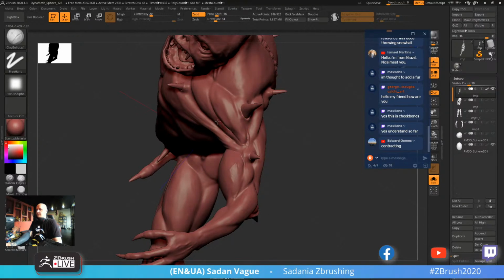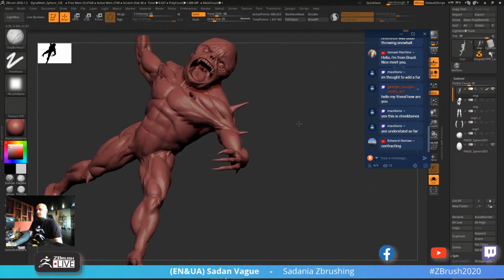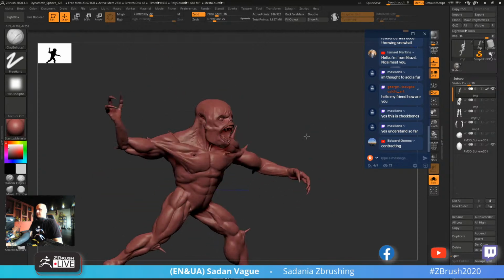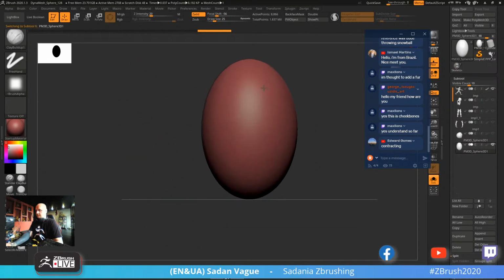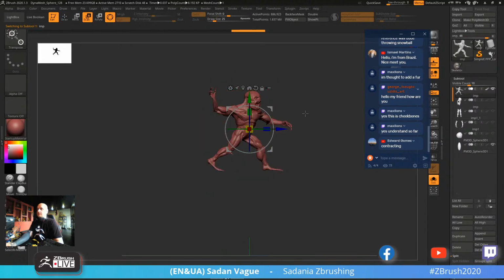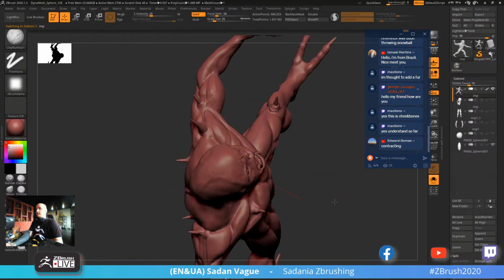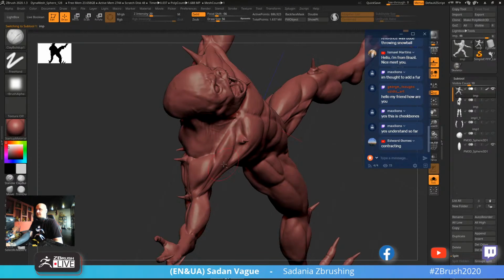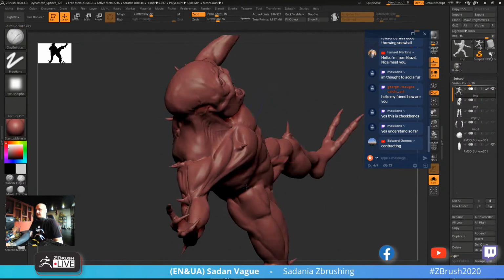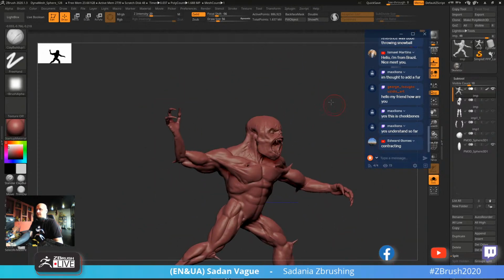Because usually when muscles are stretching, they are losing this bubbleness, you know. So if you imagine that the muscle is a bubble, then it's going to lose its bubbleness when it's stretching. So when you're making this, if this guy was in a default pose here,